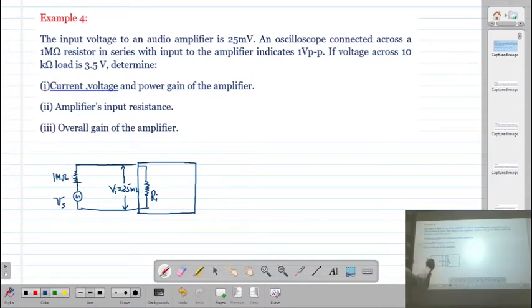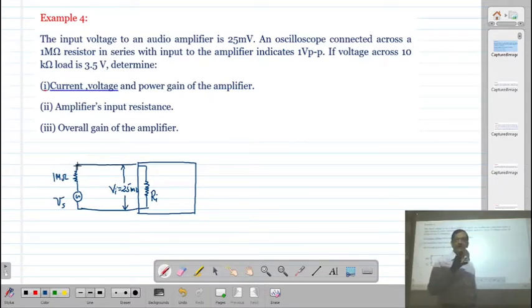And the oscilloscope is connected. Now what is the oscilloscope? Oscilloscope is a kind of measuring instrument, like a voltmeter. A voltmeter or DC multimeter measures the voltage, but when you are measuring the AC voltage, it will give you the voltage in RMS. But if you want to measure the voltage with the peak value or the peak to peak value, then we have an instrument which is known as an oscilloscope. So on the oscilloscope, you can see the waveform also.